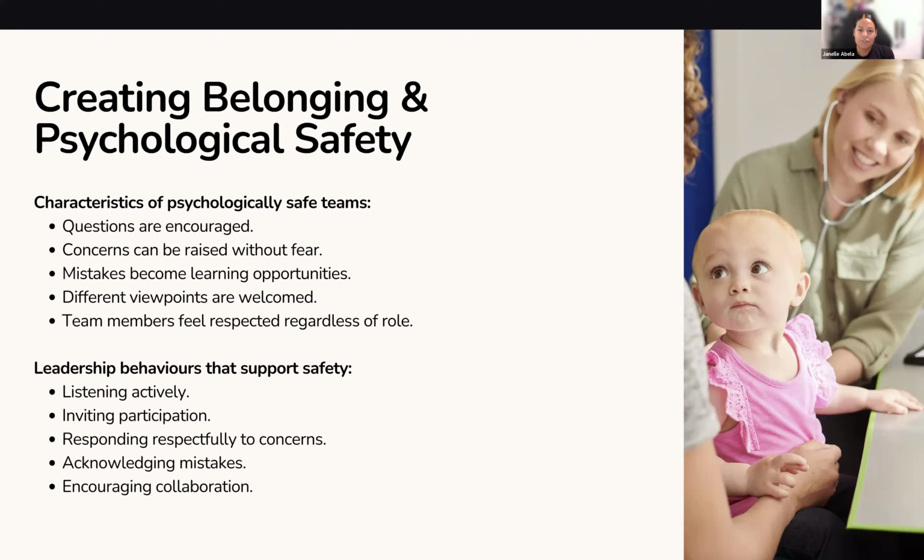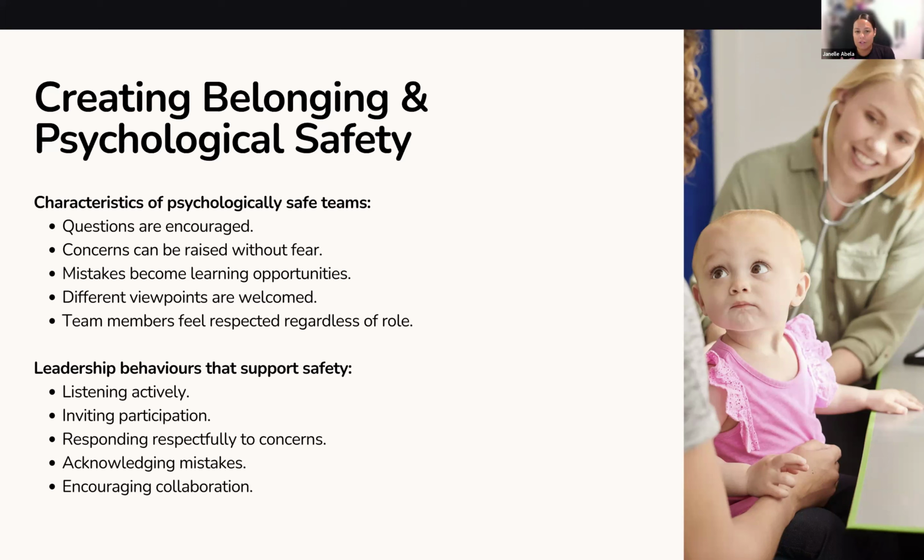With asking people to contribute, we also need to respond respectfully to those concerns. We may not be able to do something about it, but we need to have a conversation to show them that you're going to go through the appropriate steps to seek out support for their concerns and then reflect back with them what that process looked like, what you could and couldn't do, what barriers there are, and how you can continue maybe to advocate for them.